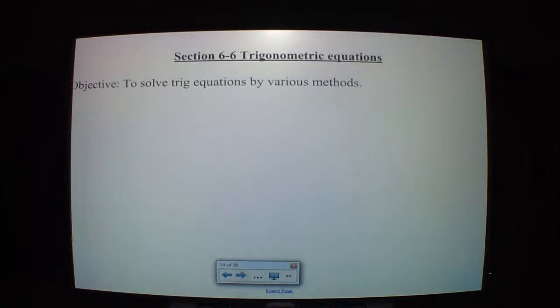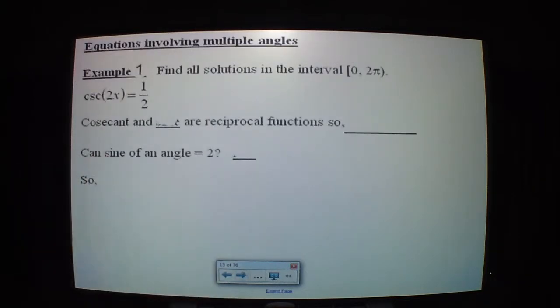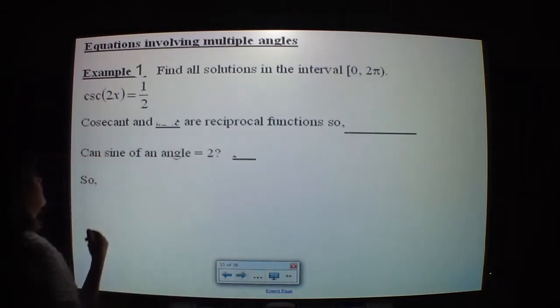Section 6.6, trigonometric equations, solving equations by various methods. I'm going to find all the solutions in the interval from 0 to 2 pi. Cosecant of 2x is equal to 1/2. Cosecant and sine are reciprocal functions, so I can think of it as